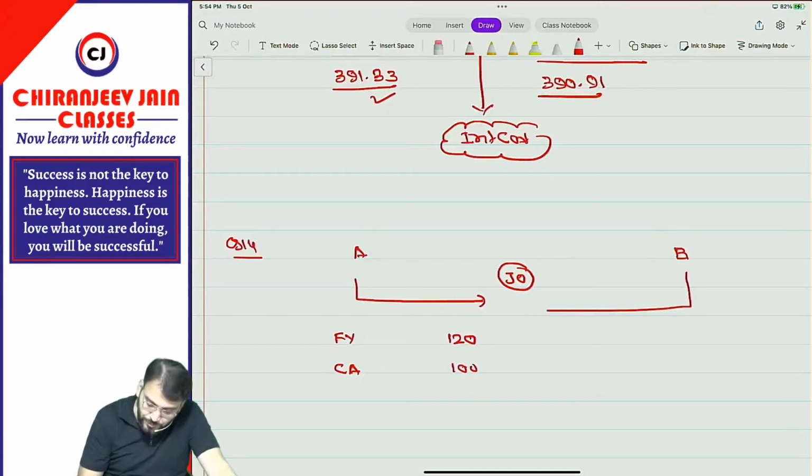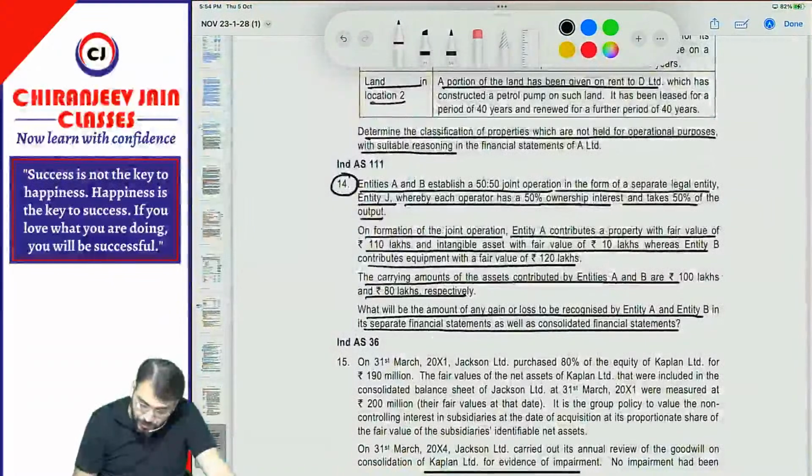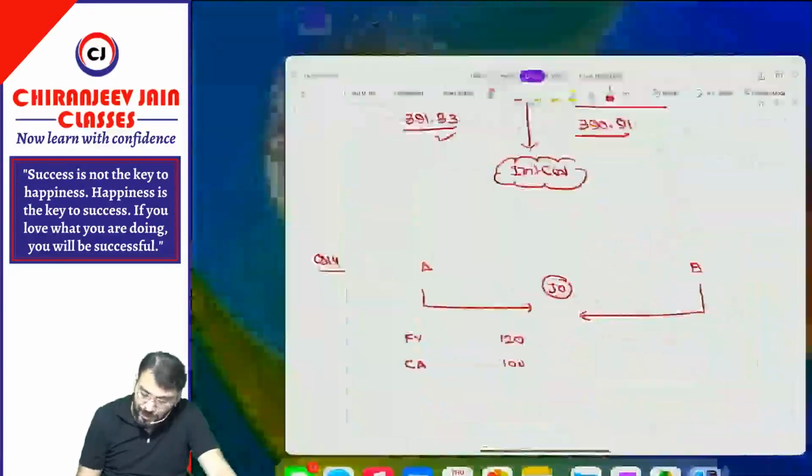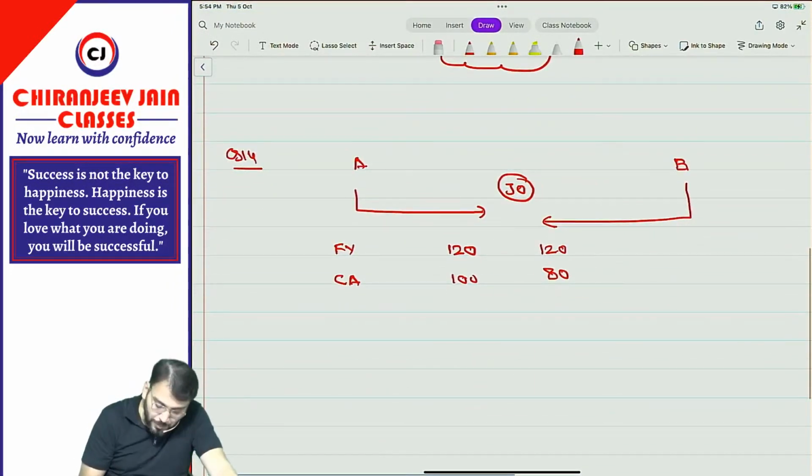What has B contributed? An asset whose fair value is how much? It is 120 lakhs, and carrying amount is 80 lakh. 120 lakh and 80 lakh. It means in the books of A,